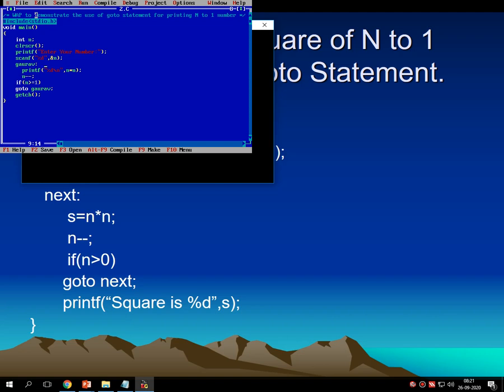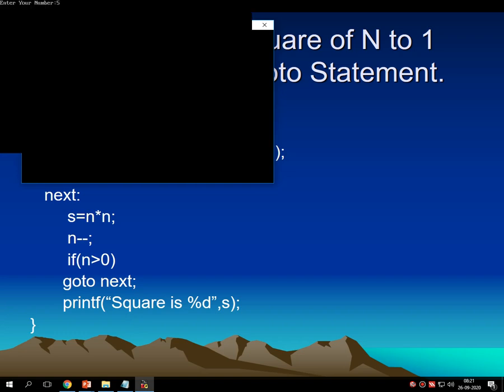Here we are. For 1 to n numbers, here we have to go for a equals 1 till n, then we have to print a. What I do first is just print 1 to n numbers first, then I will modify the program. A plus plus, and a is less than or equal to n. I just want to print 1 to n numbers, then I will make the change.